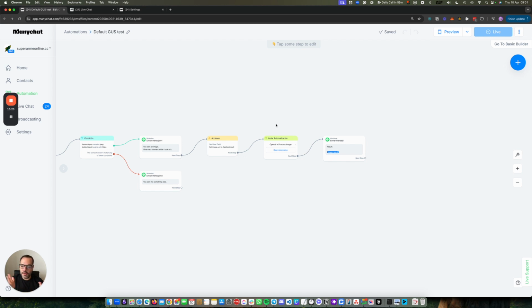We are going to be installing this with our clients, and if you have a use case, if you want to take a look at this, feel free to contact me on the best way to set this up. We can set up the whole automation for you, or we can just advise you on the best setup, the best way to integrate this into your current workflow, into your current Manychat bots. It is a very powerful new feature that lets us do a lot more, and it was like the missing piece that we had with